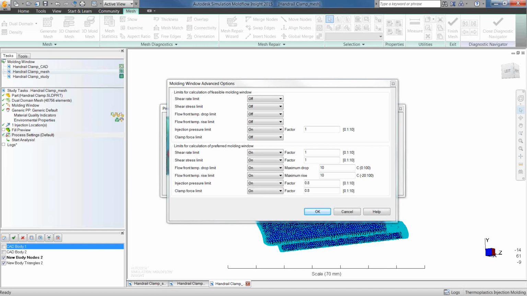And I think it kind of goes into when you run the molding window analysis, it'll give you some suggestions. Is that right, Kate? Mm-hmm. Just for kind of the best location where you could possibly put in multiple gates in there. Yeah. And again, this also has to do with